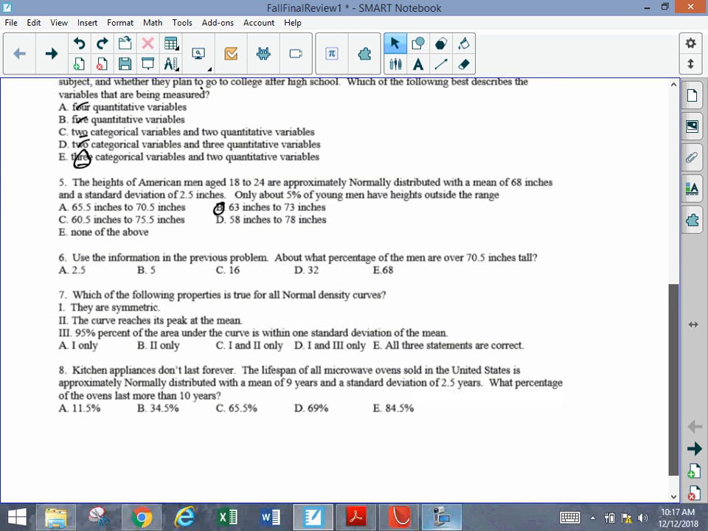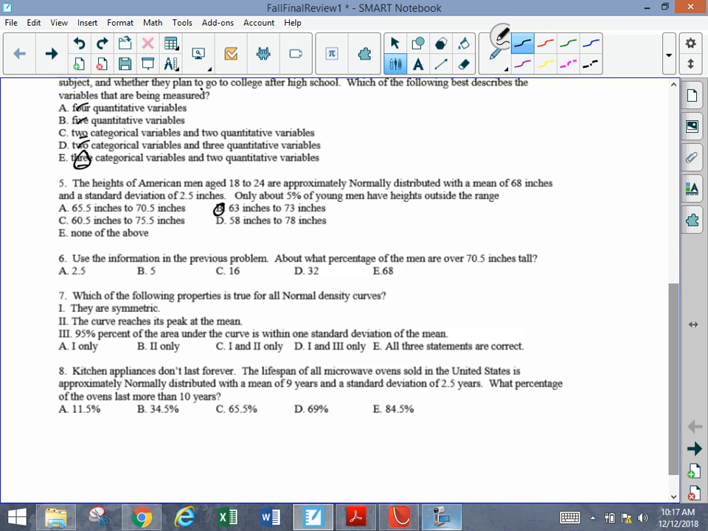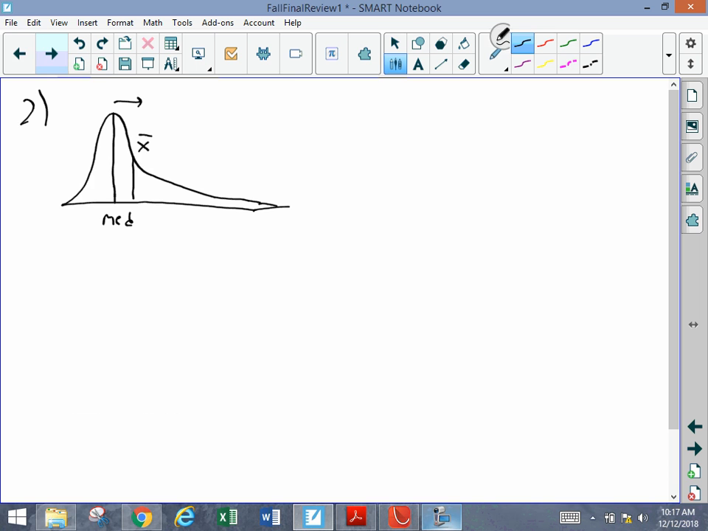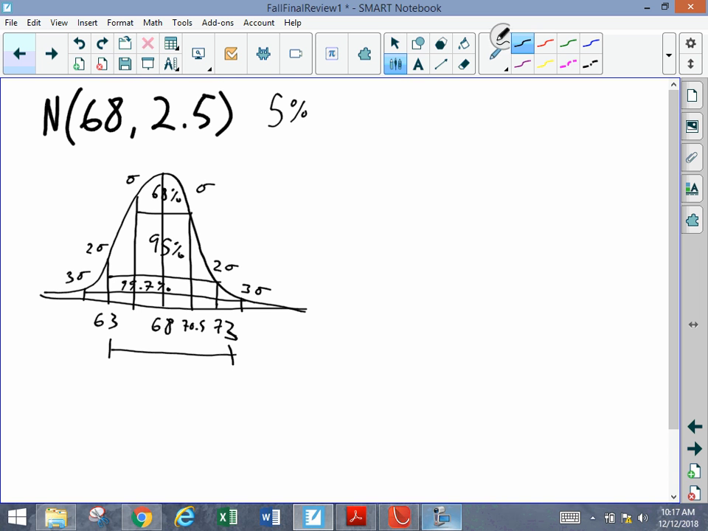Well, what percentage of men are over 70.5 inches tall? So we'll go back to that. 70.5, so we're looking for an x value of